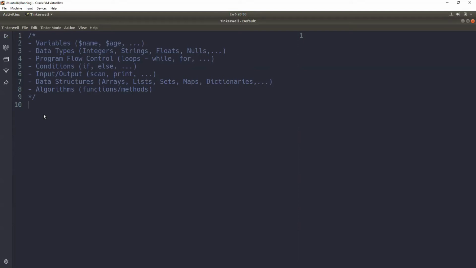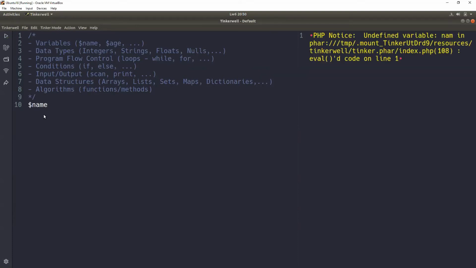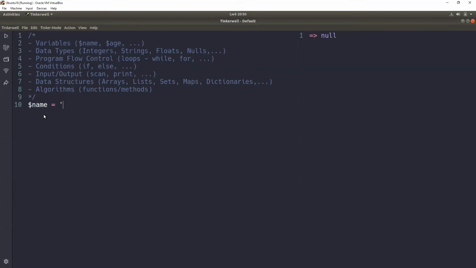So basically the way it works is, for example, if I write a name, a variable, this is how we write variables in PHP. You put a $ sign before the name, and you start it with a letter, whether lowercase or uppercase. So I can do $name is equal to, I open the quotes, Alan.